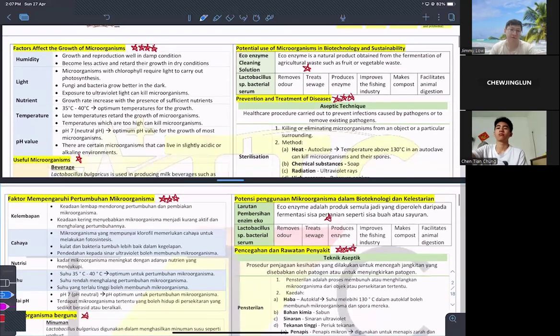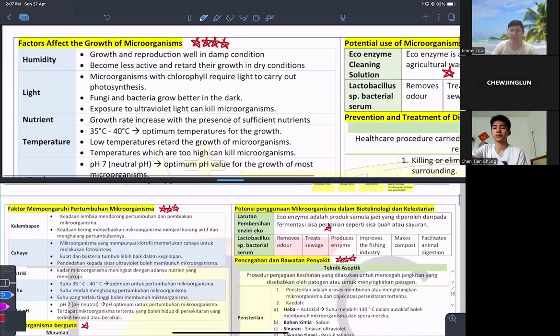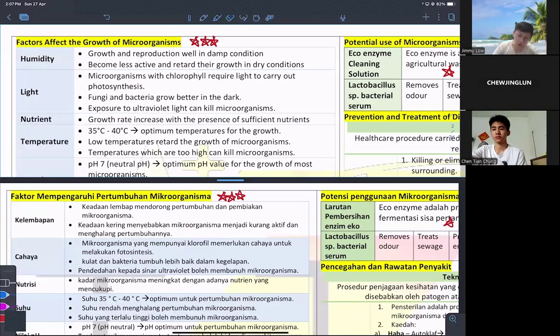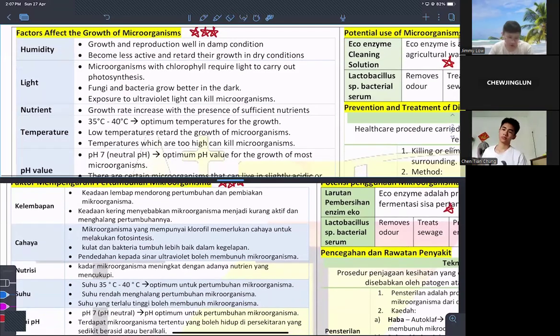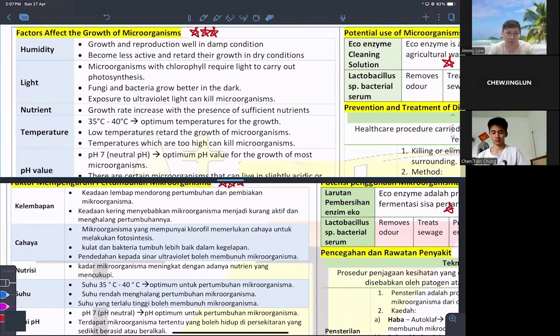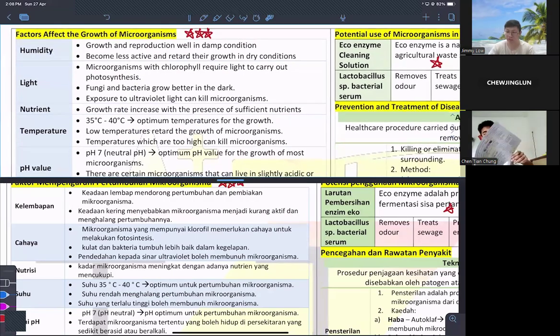The factors that affect the growth of microorganisms, even though it is common sense, you have to go through all of these. Not the detailed sub points, but the main points are okay. They are important because they often come out in your experiment. This lets you know which kind of answers you should give when you see these questions. For example, the question says one is kept humid and one is kept dry. It's impossible for you to say temperature. We have to deal with humidity. So you must know the actual factor that the question is asking.